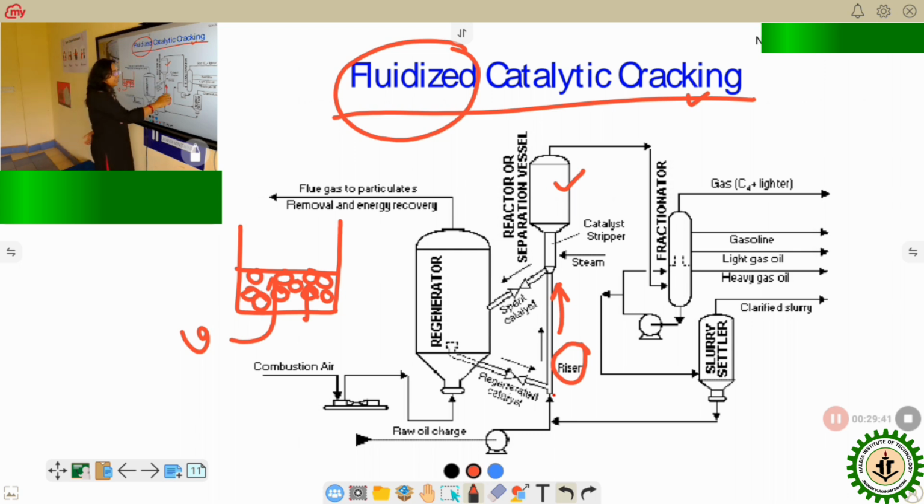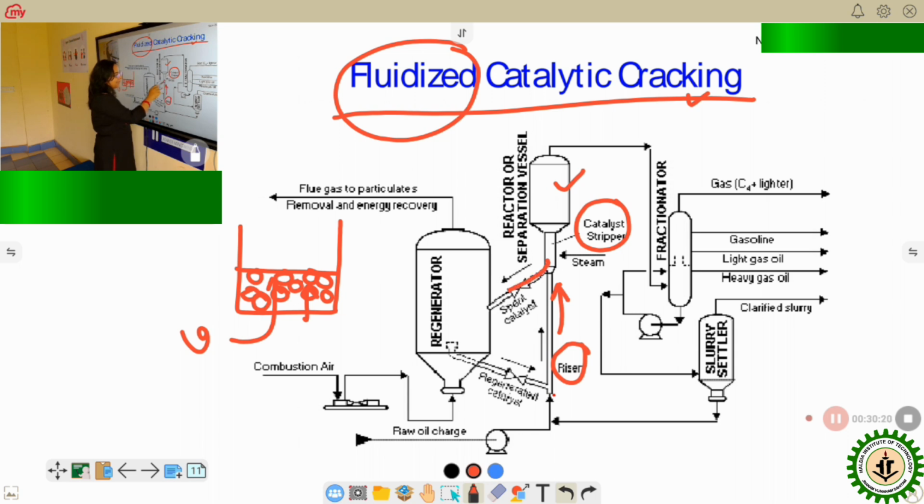So after the reaction has been completed, what will happen in this reactor? First the catalyst stripping will be done, and ultimately it will be separated in this reactor through a cyclone separator. All of you have seen the operation of a cyclone separator in the fluid mechanics subject. What happens there? Within the cyclone, in the circumference of the cyclone, all these particles and the products will be rotating. Ultimately, because of the centrifugal force and gravitational force, the catalyst particles will drop to the bottom,